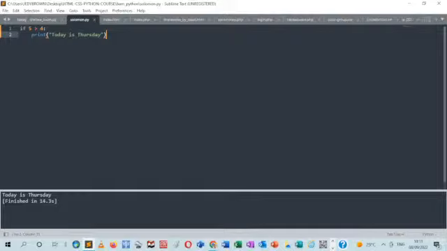I like using Sublime Text for Python. It's not that anything matters, I just like it. So you can see now it's giving my answer: Today is Thursday. But if I push this print to the end and I run it,